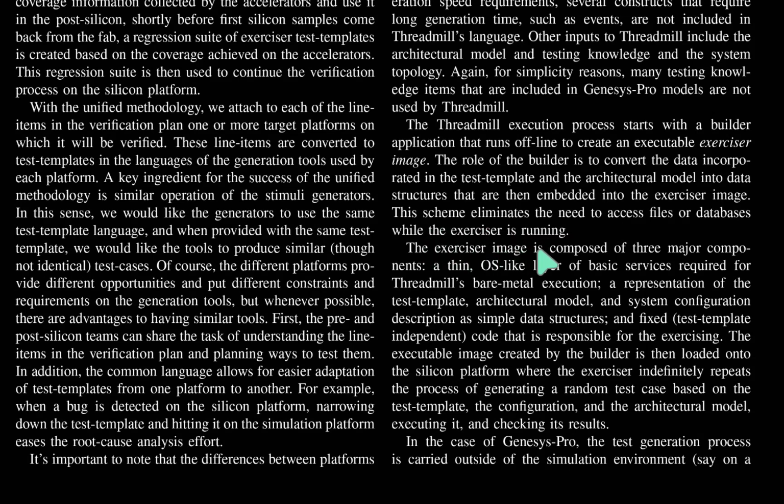The exerciser image is composed of three major components: a thin OS-like layer of basic services required for Treadmill's bare metal execution; the representation of the test template, architectural model, and subsystem and system configuration description as simple data structures; and a fixed, test-template-independent code that is responsible for the exerciser. The executable image created by the builder is loaded into the silicon platforms, where the exerciser indefinitely